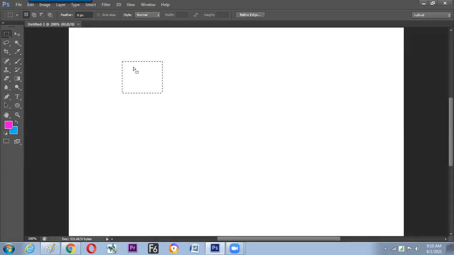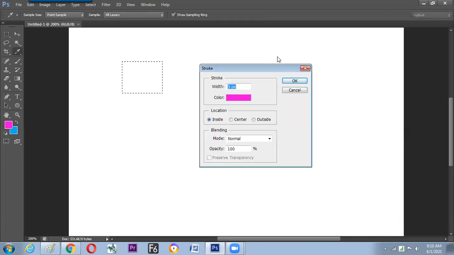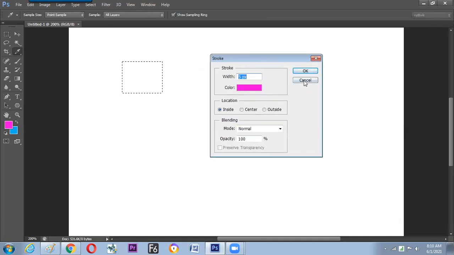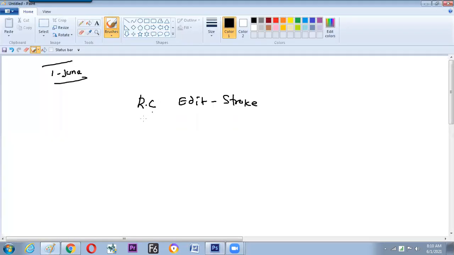Right? And inside the stroke, what are the things we have understood? How to make the stroke go with a particular thickness, color, and placement. But now we'll see a little more professional way of making strokes. There are two methods we have finished to make the stroke. What are those? Right click is the first method, second method is Edit and Stroke. But still, in these two methods, it takes a little time. And if you need to get it done through the keyboard shortcut, the third method will help.